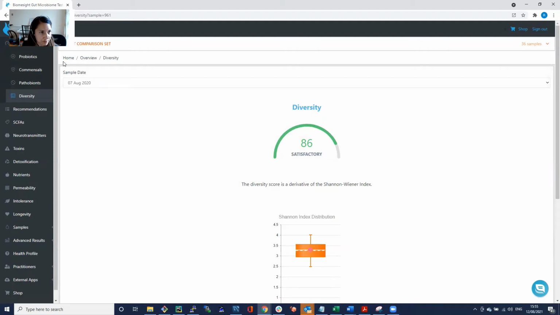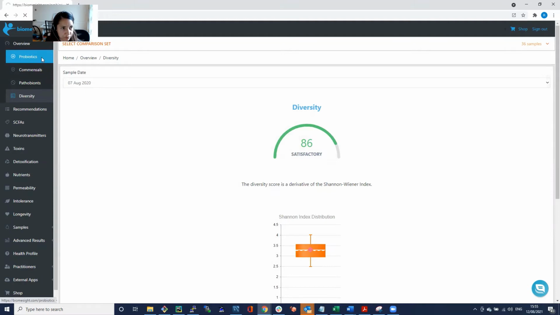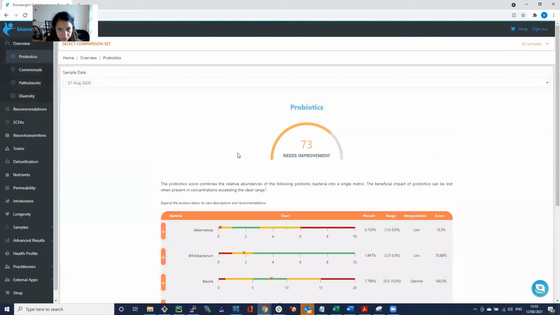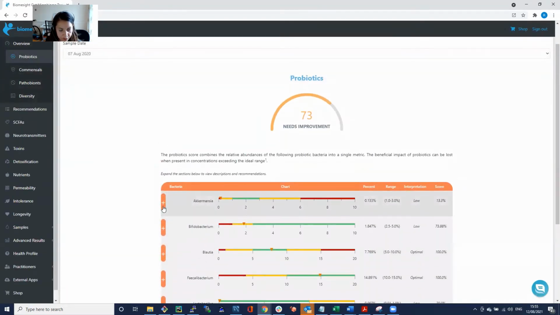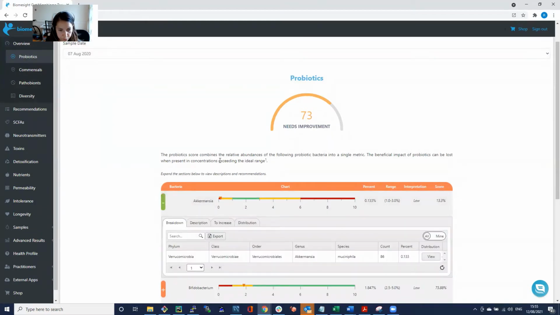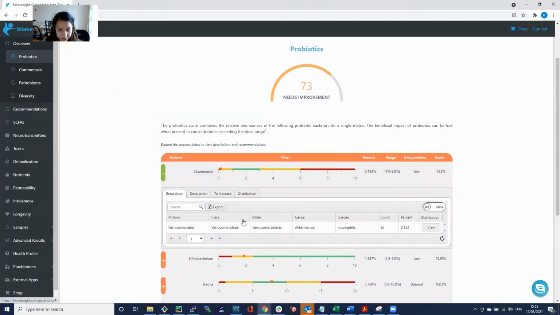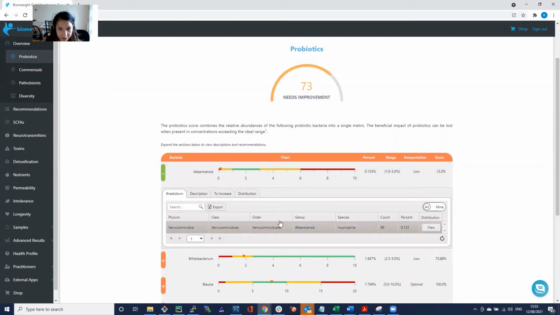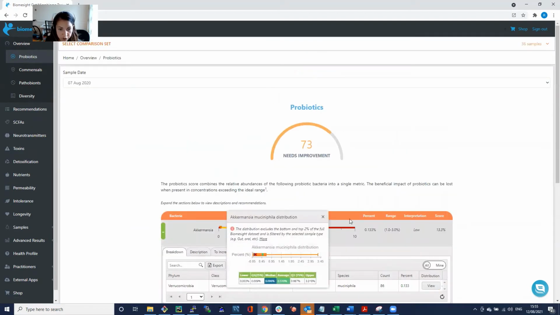Yeah, so what's more interesting is let me go to some of the other sections. Probiotics, for example. So let's see. Just looking at the breakdown, there's nothing within the grid itself that is relative to the data set. If you go to the distribution, you will see the distribution for the selected sample set as well. So this means for the 36 people with autoimmune skin conditions, we've got a median of 0.09 and an